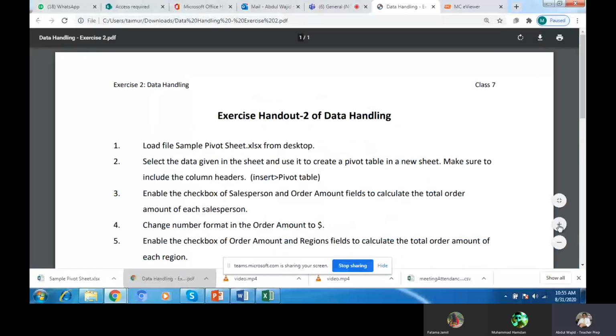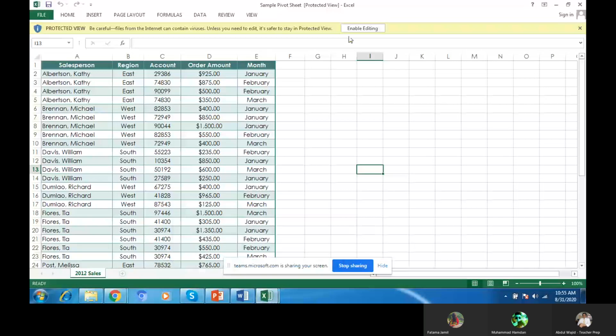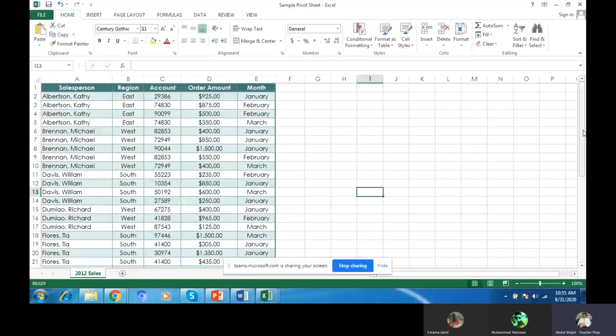Now load the file, simple pivot sheet, Excel, from the desktop. Yes, we have it. Okay. Now I will click here. Yes, this one. Enable. Yes, this is the table we want to use. This is the Excel sheet.